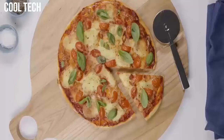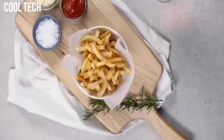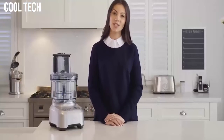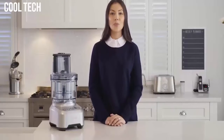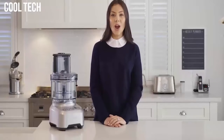From quesadillas and gourmet pizzas to fresh salads, the range of meals and dishes you can create is endless. With an extra wide chute and an extensive range of 10 attachments, it takes all the hassle out of your meal preparation. Save time and cook with precision. If you want to try any